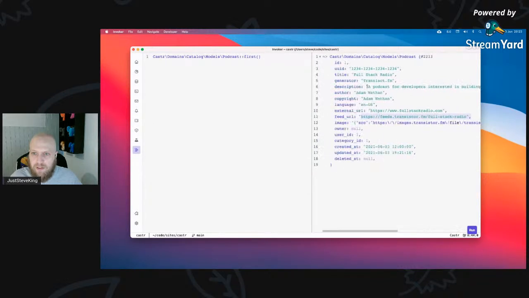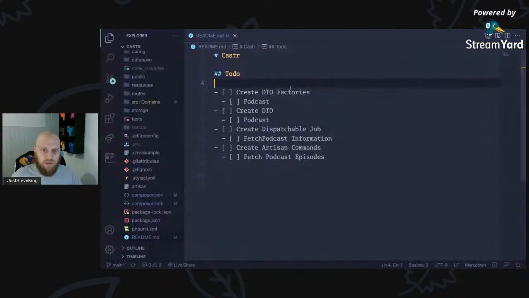Description's been updated. Spelled that wrong, but that's okay. That's going to be updated later anyway. Got the category of the user, any owner information. So now we've got the podcast. We can start to look at the DTO factory for the podcast itself, so we can skip the manual creation. So I was actually having a play with this